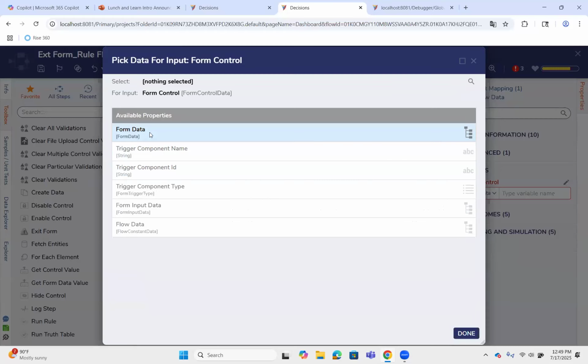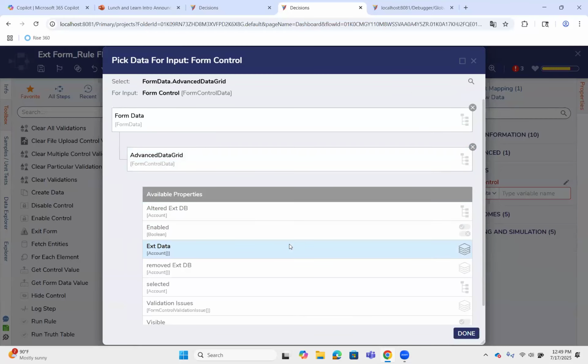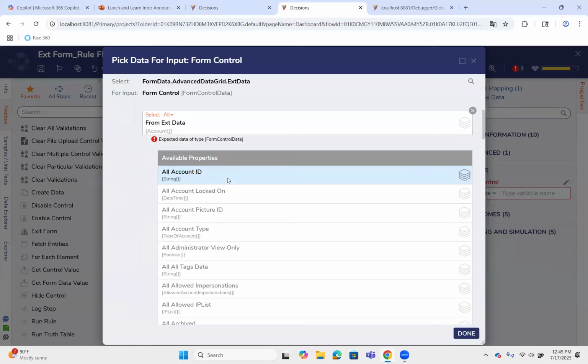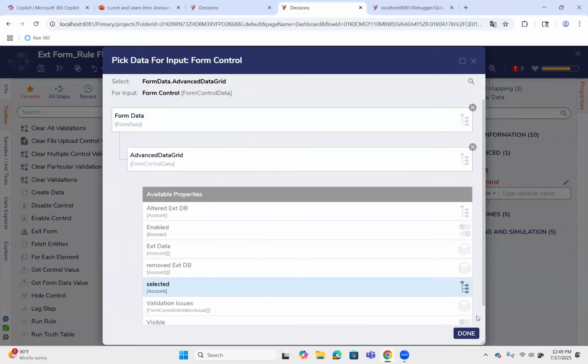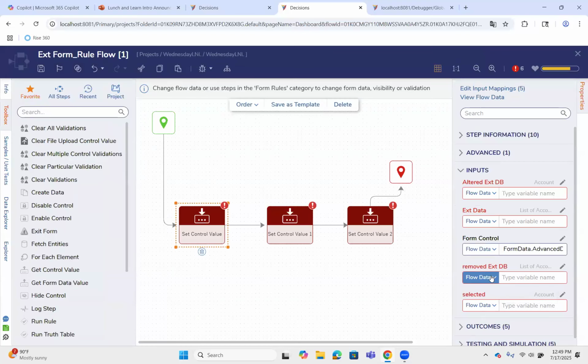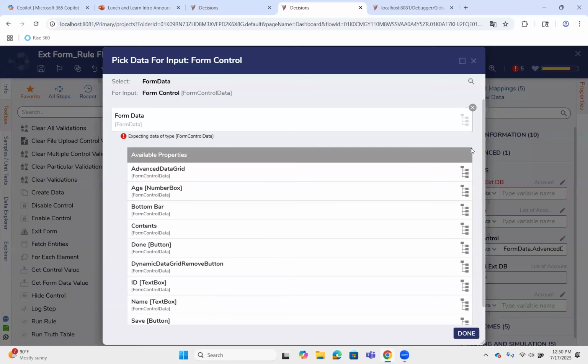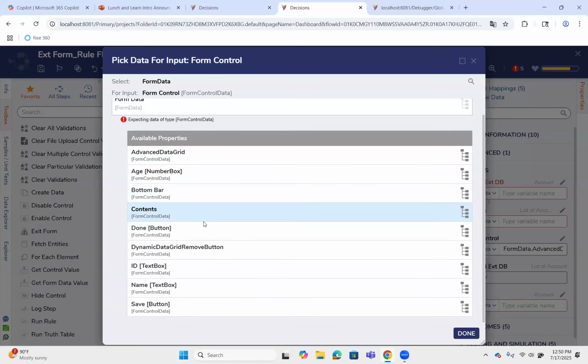Let's try this again. From the top, advanced data grid. That's of the type account now. There we go. And then actually, I just need this control right here. And now I can specify, I don't care about the selected one. I do care about the selected one, actually. That's control value. Oh, because hold on. I want to set the control value for